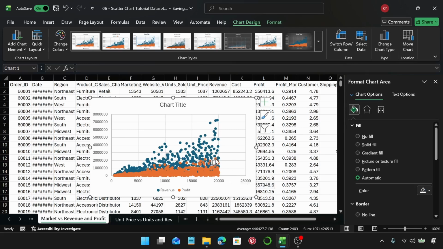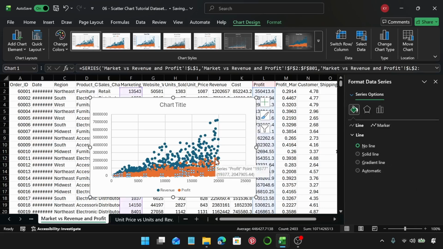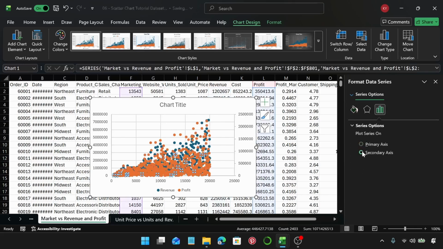So I think the highest, let me see if I can get the value of at least one of these. So this very high value, the highest value for profit is 19,377, while you have this really high one, let me see, for revenue it's at 700, is this 7 million? I believe 7 million I'm looking at. So that's why. So once again, select this one, come over to series options, and then plot it on its